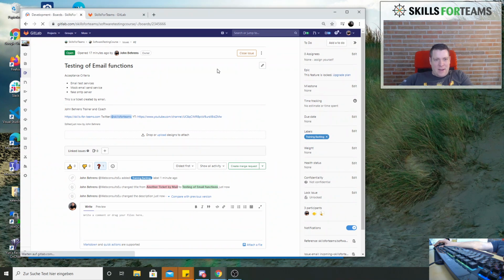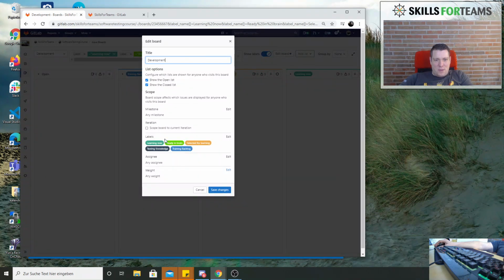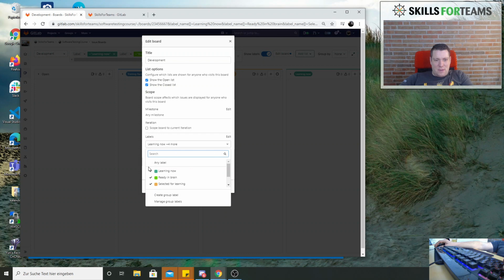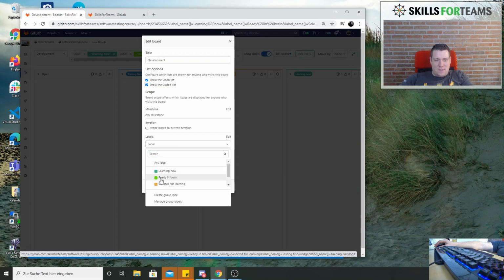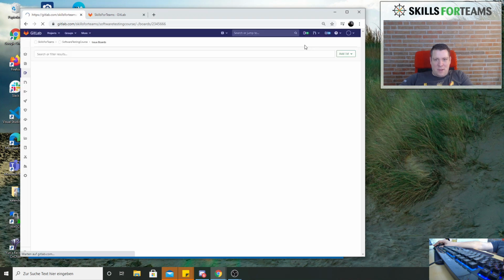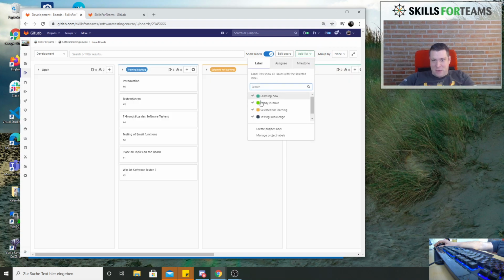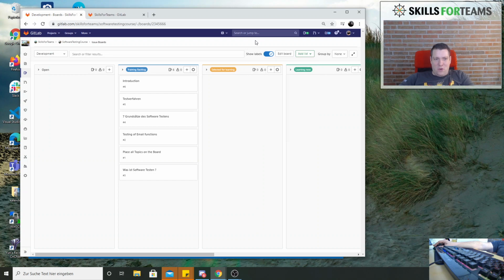Boards. I can create different boards so I can have different views. I will edit the board. Labels, edit. No, I don't want this. This was my mistake. So remember, you can add the columns by add list, not by edit board. It's a bit confusing, but edit board is